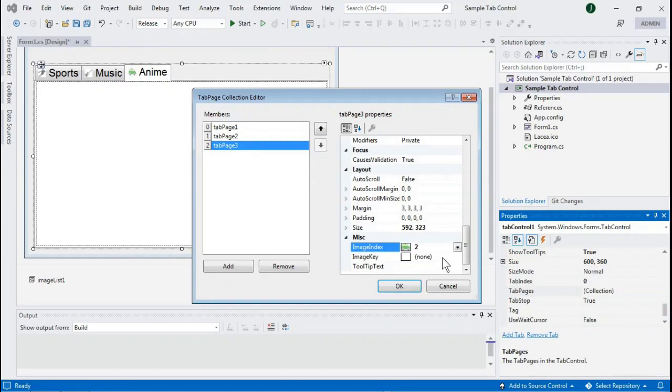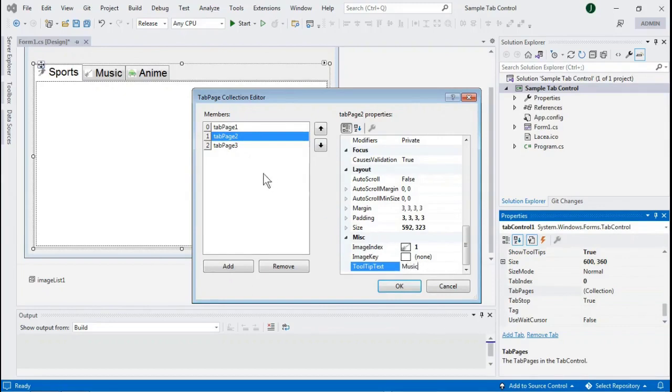And let us specify some properties of the tab pages. Let us select tab page number 1, and for the property tooltip text, we will place a text which is sports, and that will be the tooltip that will appear when we hover the mouse onto that tab page named sports. Let us select tab page number 2, and we will place a tooltip text music, and let us select tab page number 3, and then we will place